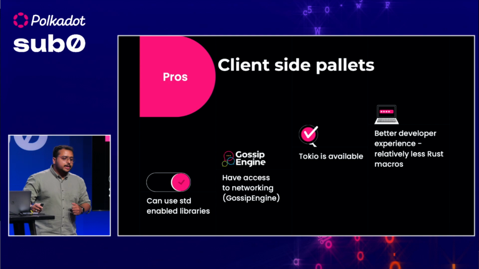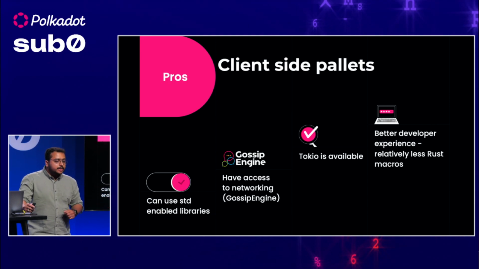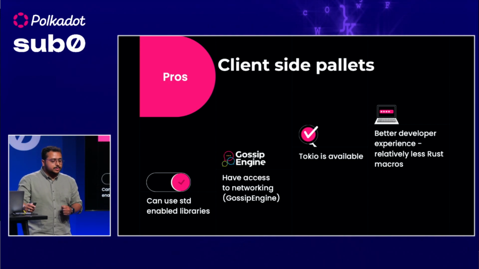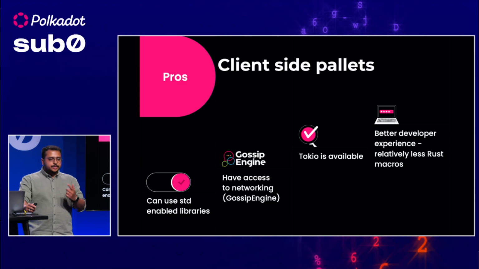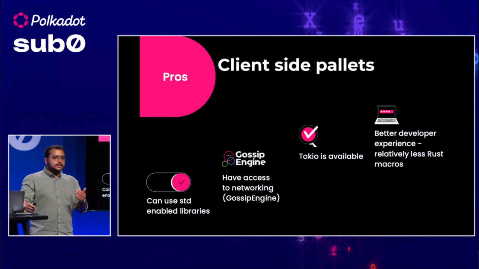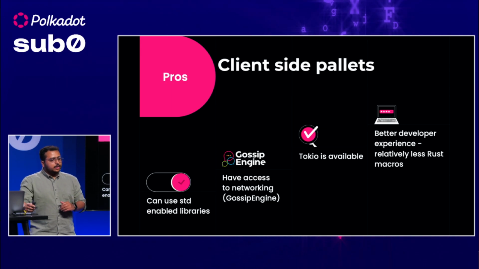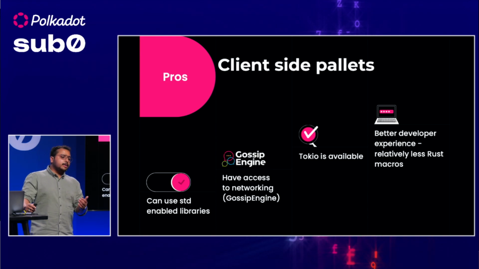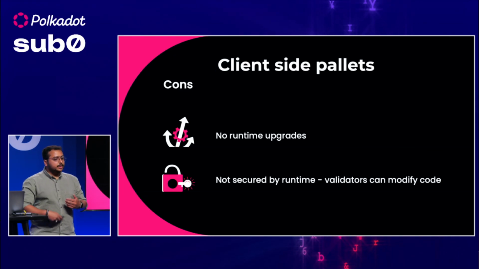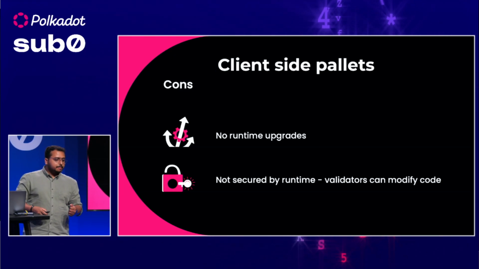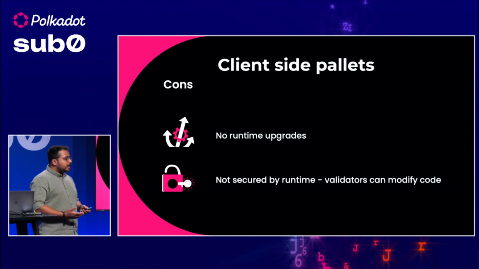Obviously, Tokio is available, and you can access all the standard libraries, and also you have access to Gossip Engine. In the code samples, I will show what all is available in these client-side pallets. At the same time, I also want to point out the disadvantages of that, because with client-side pallets, you cannot